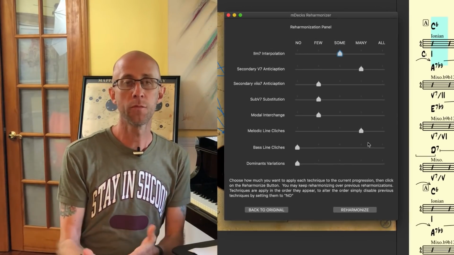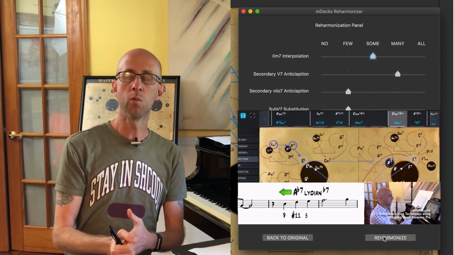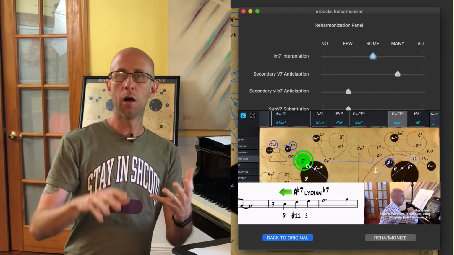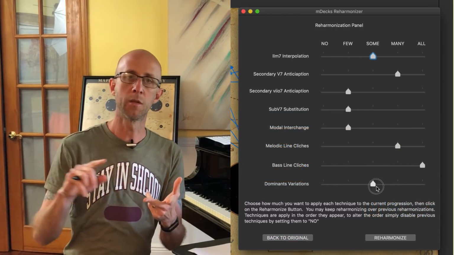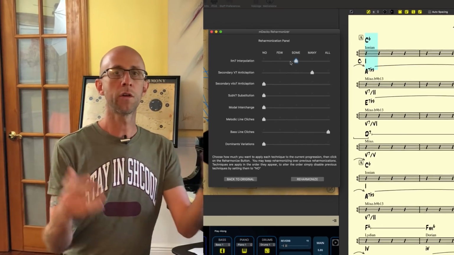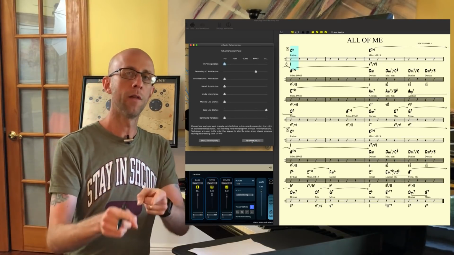Today we'd like to talk to you about one of the newest features we've included in Mapping Tonal Harmony Pro 7, and that is automatic reharmonization. If you remember from some of our earlier series, we talked about reharmonization. We did it with Oh Danny Boy, and maybe you discovered how complex a topic it can be, from substitutions to interpolation to line cliches. Well, we've included a one-touch solution to all that in Mapping Tonal Harmony 7, where it does all of that